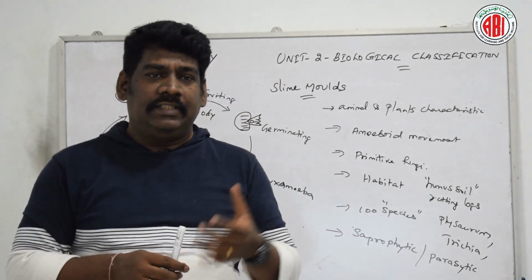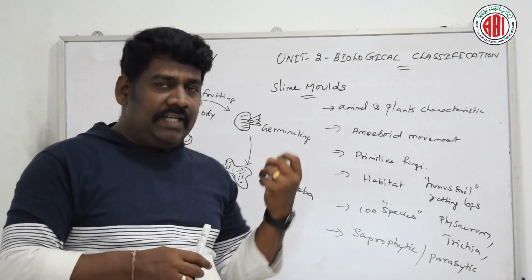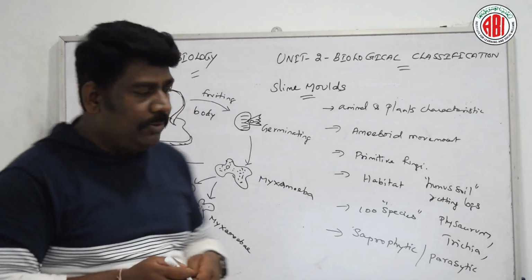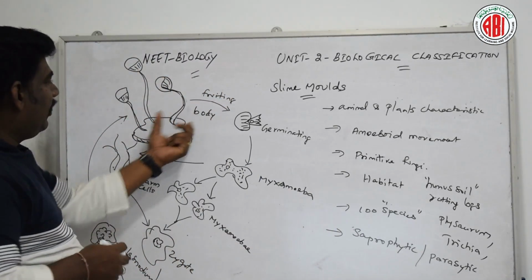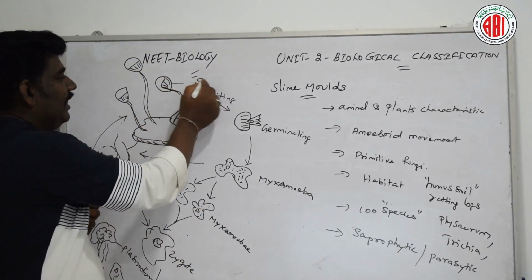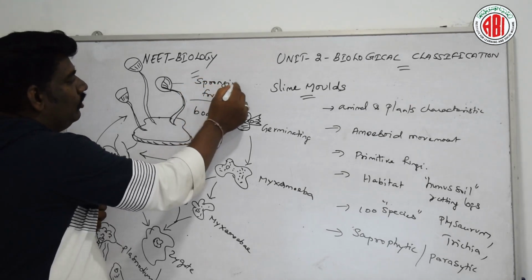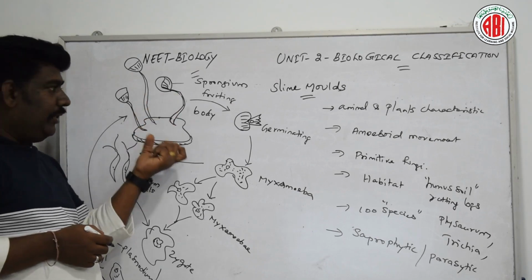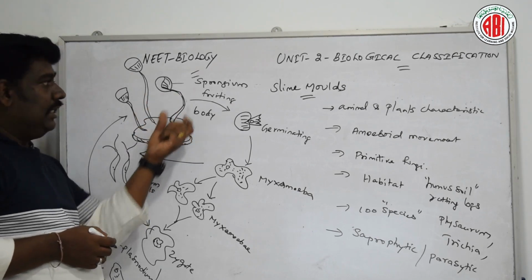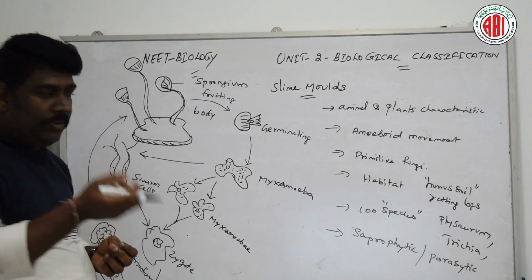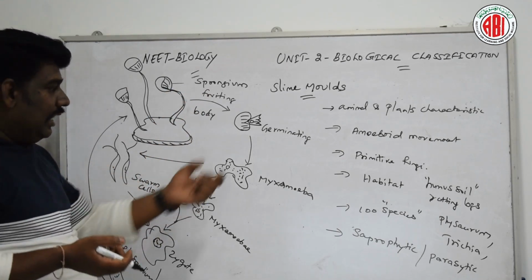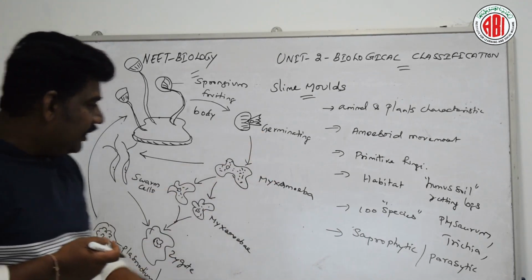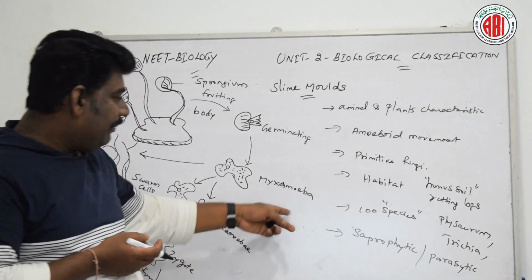Talking about the reproduction, mostly the organism is involved in the production of spores, and these spores are produced from a fruiting body like structure that is called the sporangium. So the sporangium is the part on the fruiting body of the thallus, which could produce many spores, and the spores undergo germination, and these spores are involved in the production of myxamoebae.